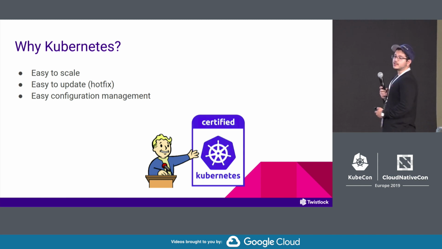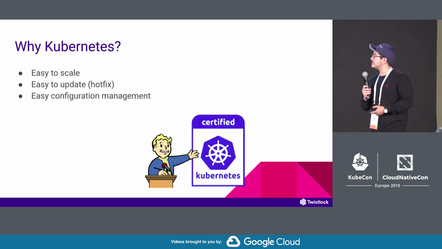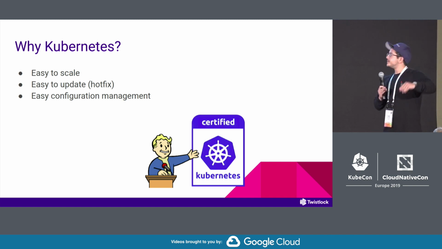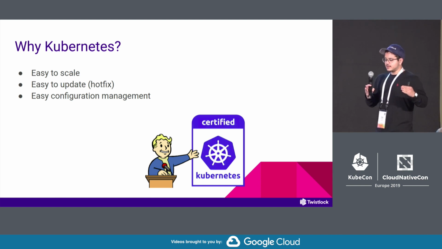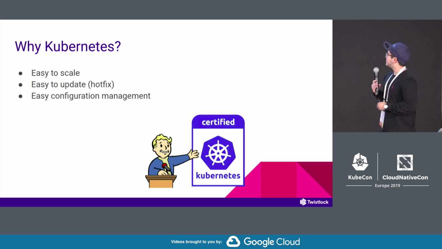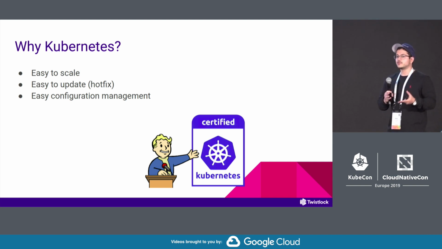It's very easy to scale up or down, like adding more instances. We didn't know how many participants were going to start solving it, and Kubernetes makes it very easy to scale up. It's easy to update if we want to make changes to all the instances. The configuration was perfect for us. You have many YAML files that define the cluster of the CTF, and we first tried to host it locally with Twistlock employees, and then we took the whole configuration file and put it on GKE, and we didn't have to change anything. It just ran the same way.